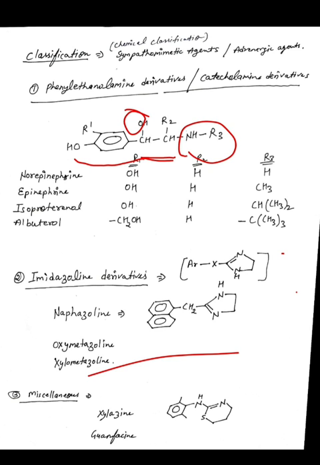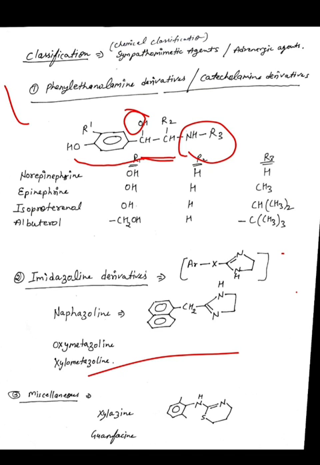These are the agents which usually have the catechol ring in their structure. So what is the catechol ring? Catechol ring is this benzene ring. If we replace this R1 moiety with the OH group, then this phenyl ring will become a catechol ring. So this is the first class of